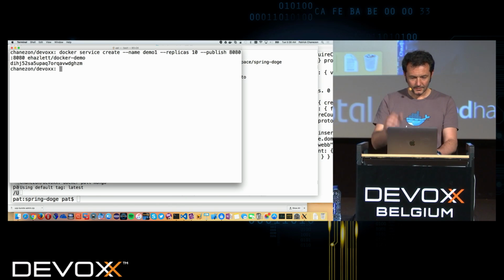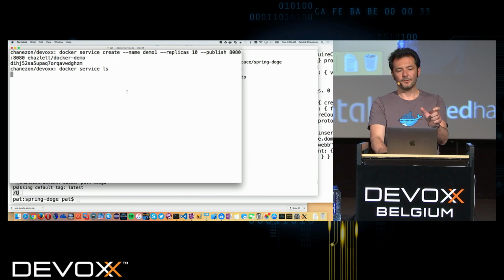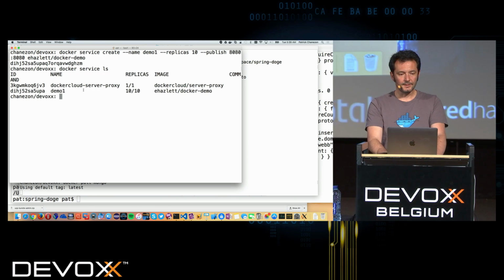All right. So if I do a Docker service ls, it should show the service with the number of tasks. You can see here, demo 1, it has 10 tasks up out of 10.